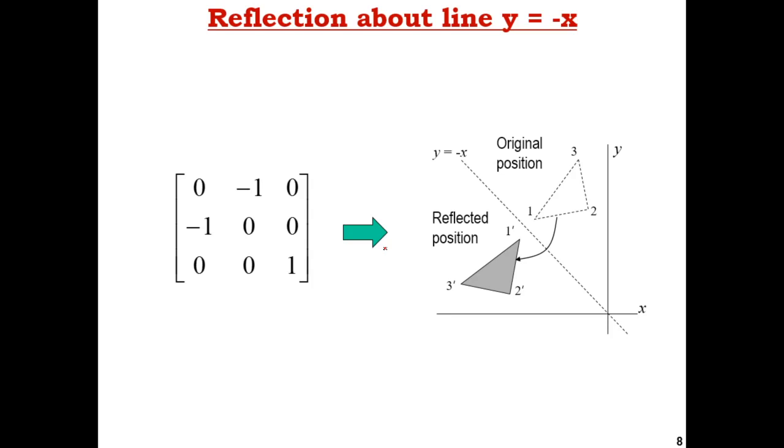Now come to the point: if we apply y is equal to minus x, the plus value is going to be negative. Whatever the value is, 1 and 1, that is going to be minus 1, minus 1. Whatever happens in the y is equal to x line is also applicable for y is equal to minus x, meaning the other direction line. So this is simple.